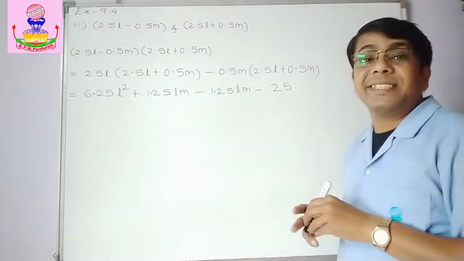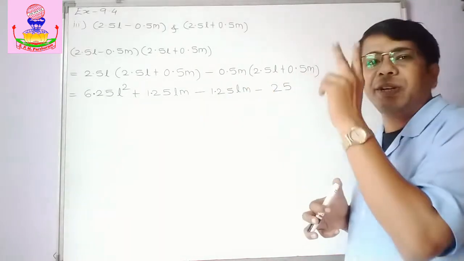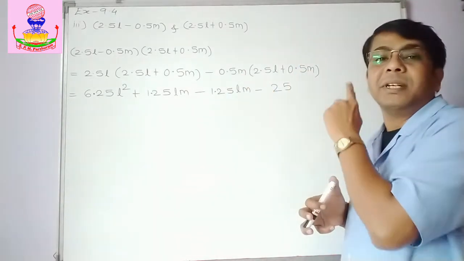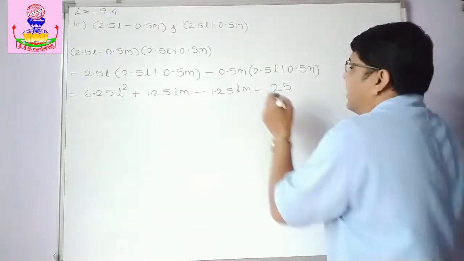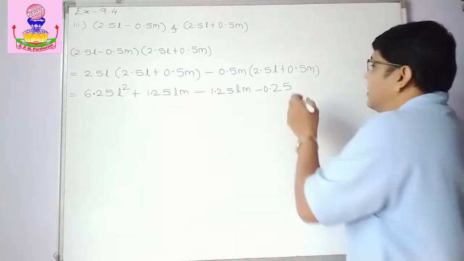Right, now see how many digits are there after the decimal point? 1, 2. So the decimal point comes after 2 digits, that too from the right hand side towards the left hand side. So the decimal point, so 0.25